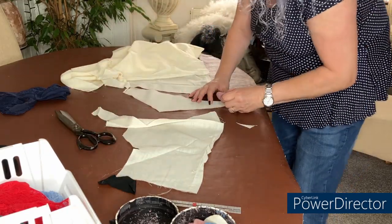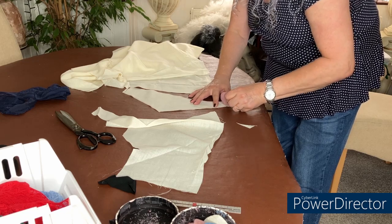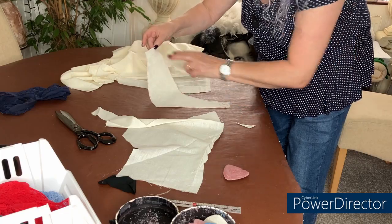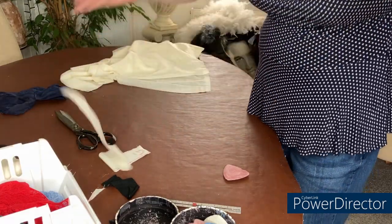I'm just going to put a G on that to say that it's the gusset, because it's very similar. Not much difference in that. That's a little bit wider, but not a lot. Right, so let's get my lace then,